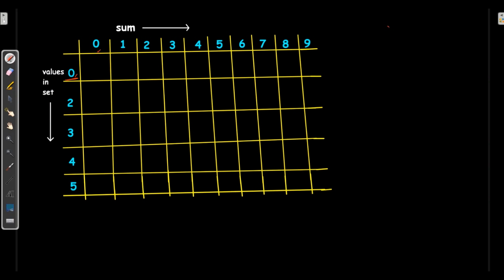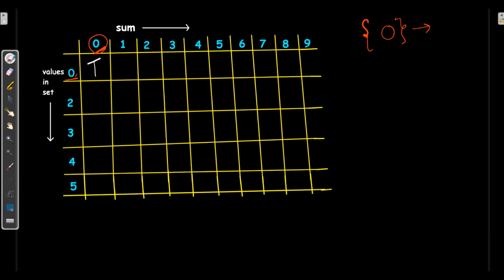So we have the 0 value in the set, and with the help of the 0 value we need to make the sum 0. As it is the same value, yes, 0 can easily make the sum 0. So here I can write true.